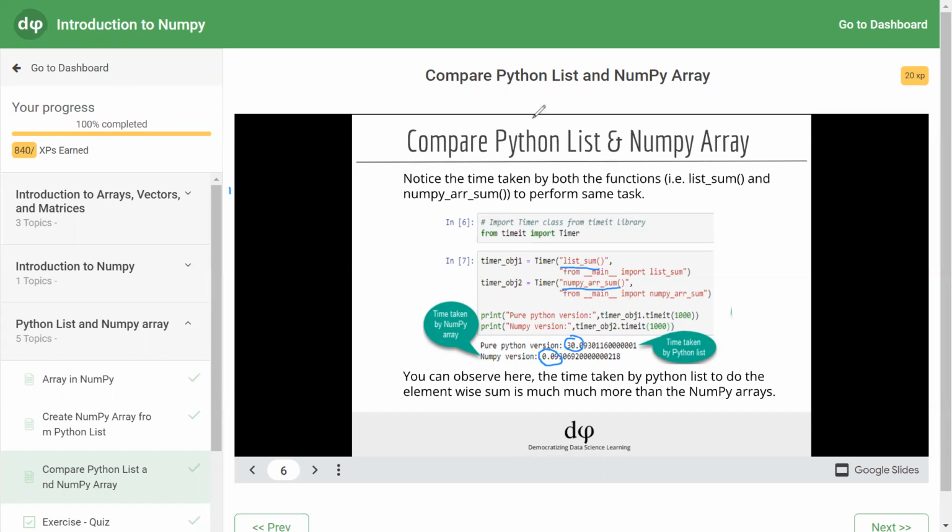So how much time is saved while computing the addition operation on arrays and lists?